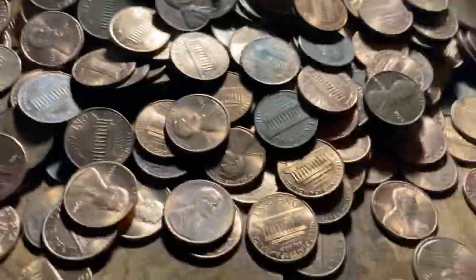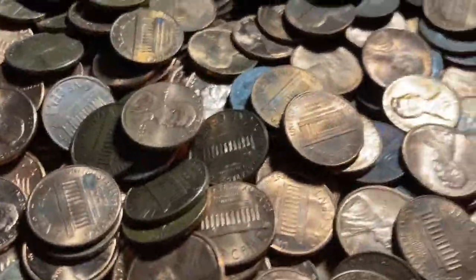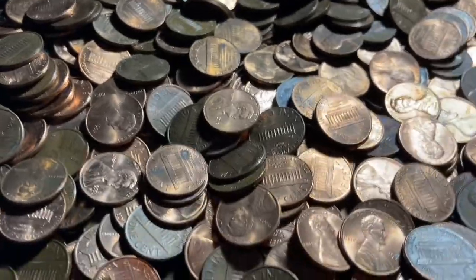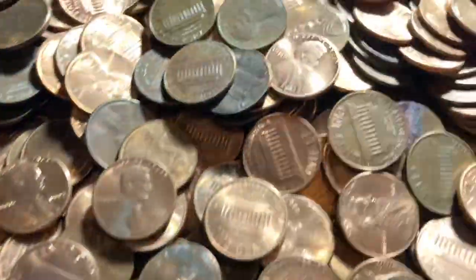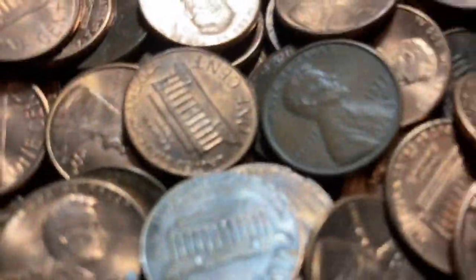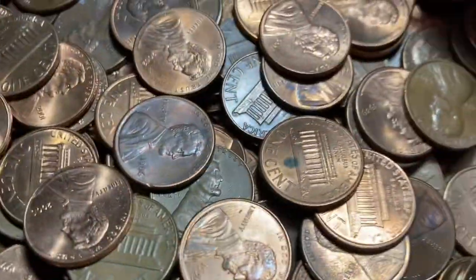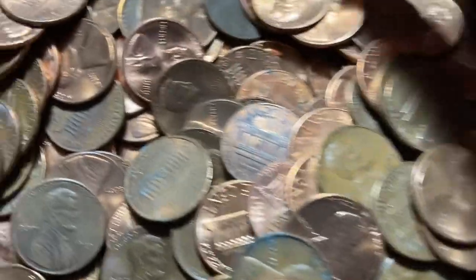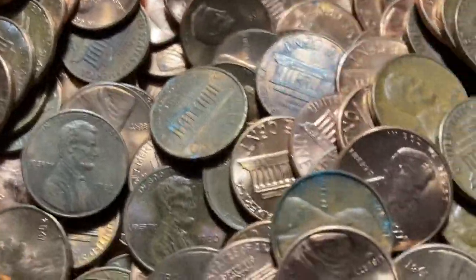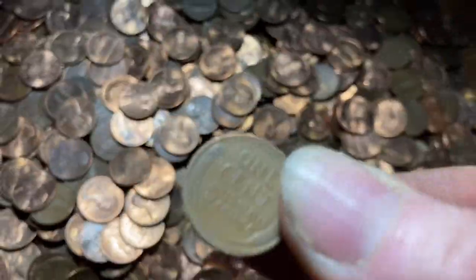I slide them around, fill my hand with them really quick, and just pick the ones that are obviously the older ones. I confirm it, but they're obviously, you know, 76. I try not to turn them over. I just try to pick the face-up ones. So anyway, once I get a handful of the older ones, here's an 80, here's a 77, here's a 76, a 64, a 77, a 69, 64, 69, 80. See, even the 80s ones. Oh, here comes a wheat penny, 46. All right, let's put that aside,